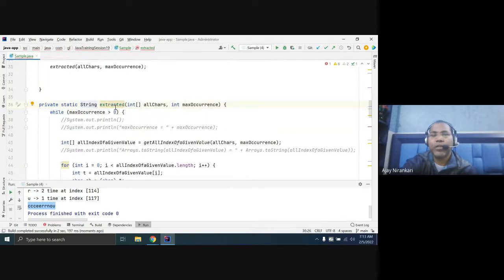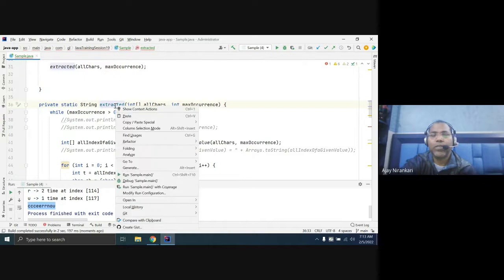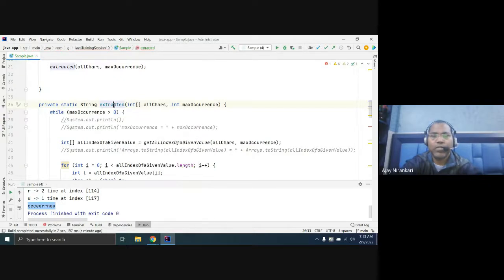Just refactor it and name it something like str max occurrence wise.